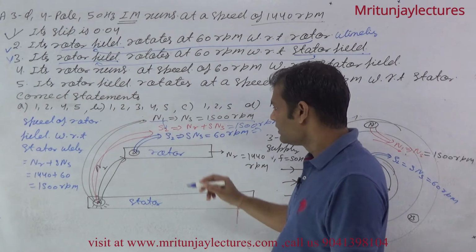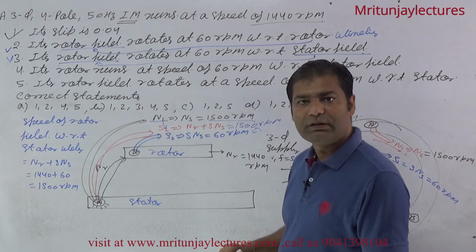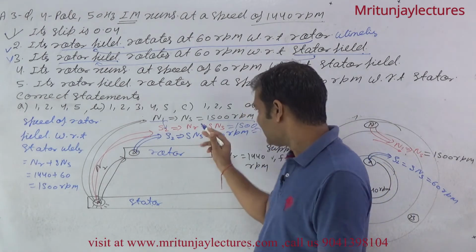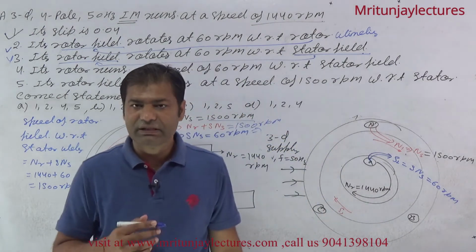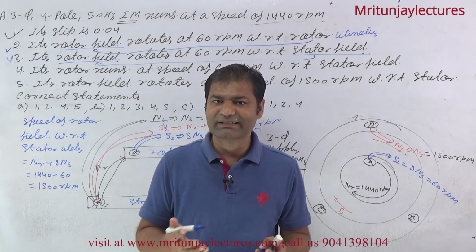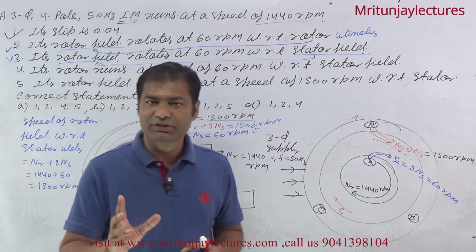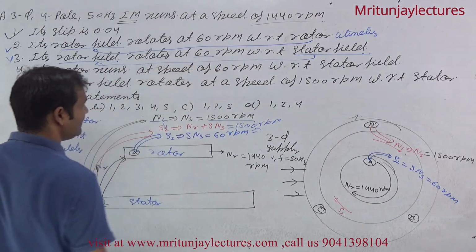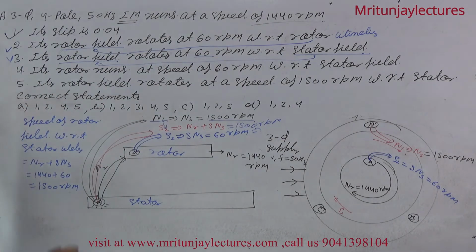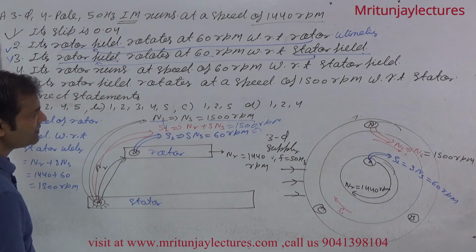If you see the rotor field, both are the same speed. So the relative speed, direction and magnitude are the same. You can say that both are stationary, or you can say that is synchronism. It means the relative speed between the stator field and the rotor field is 0. If it is written 0, then it is right, but here it is written 60, that's why it is wrong. Okay, clear?